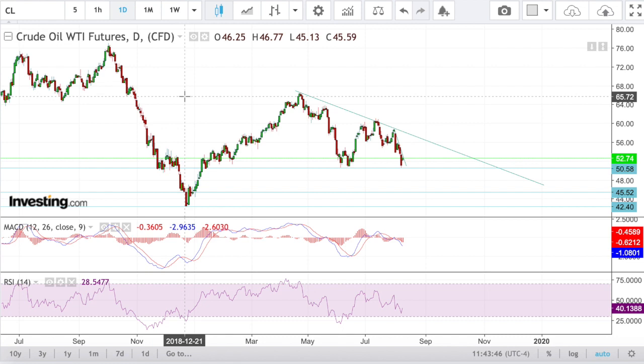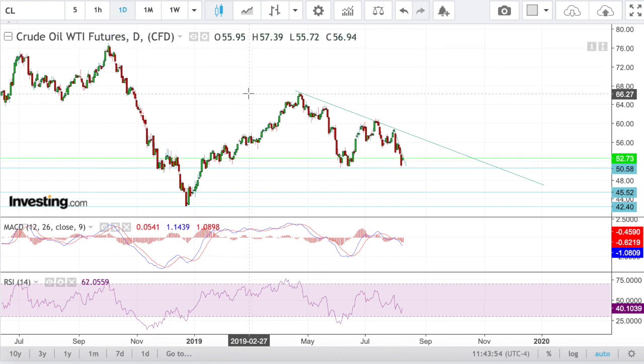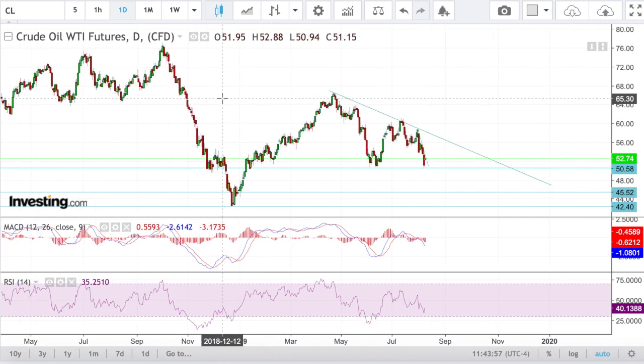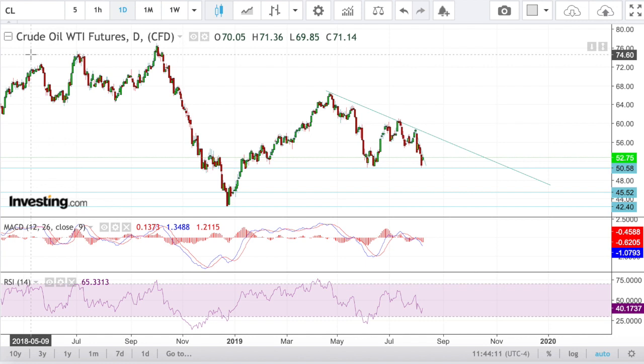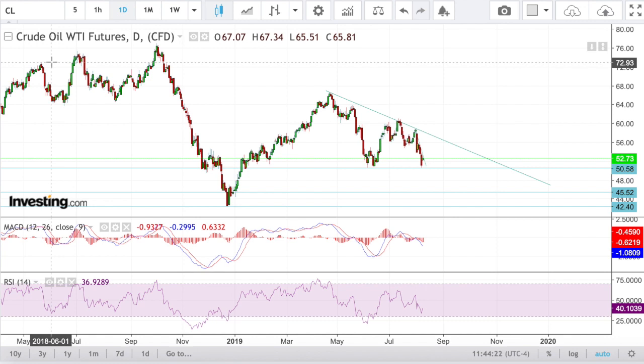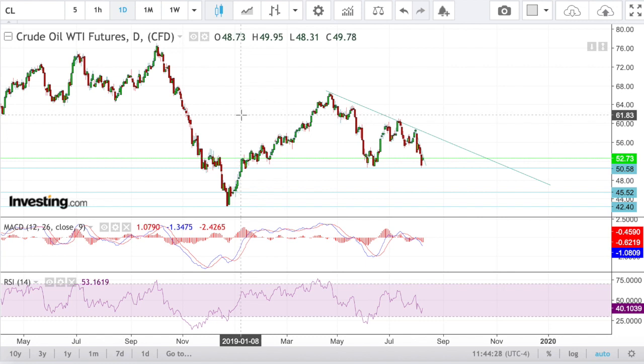So this is a daily chart of the crude oil futures, and before I get into the technicals of crude oil, I just want to say a few things about the correlation to the market. If you haven't noticed, crude oil has been following the S&P 500 and the broad markets almost every day now. When crude oil has an up day, so does the stock market and vice versa. They have extremely similar charts, but they don't tell exactly the same story, and that's what I wanted to talk about.